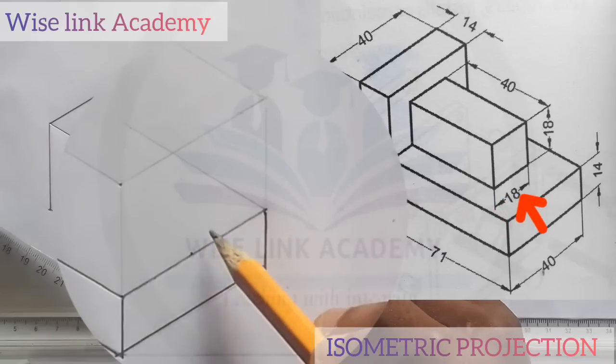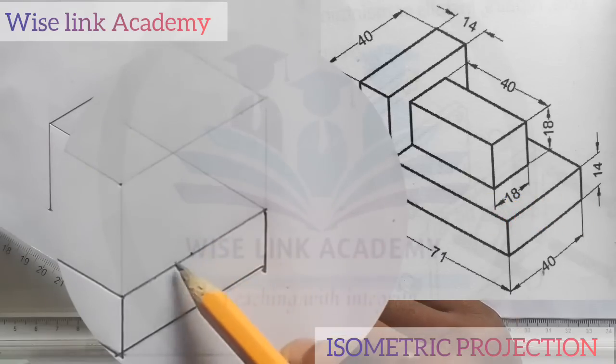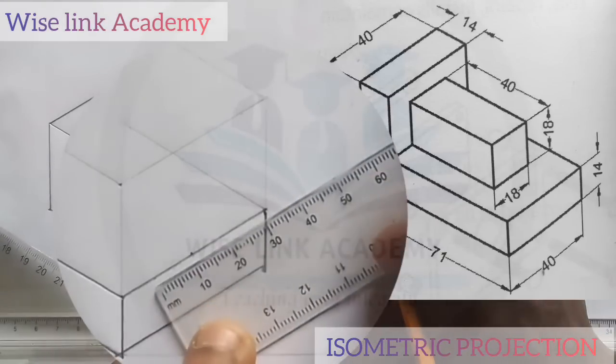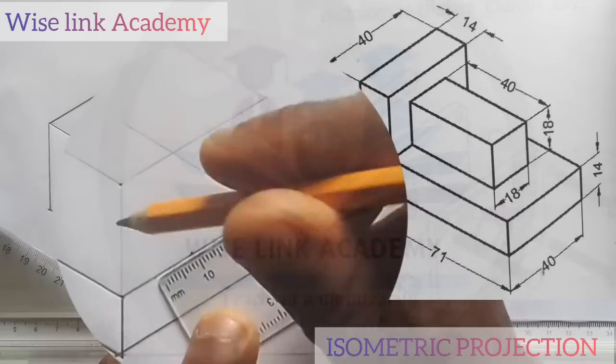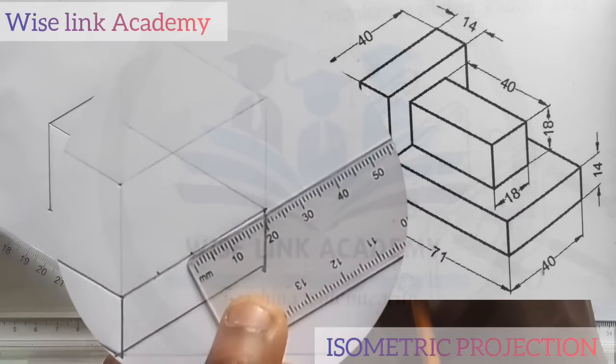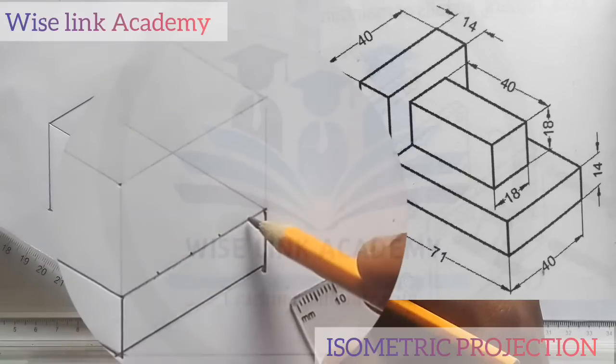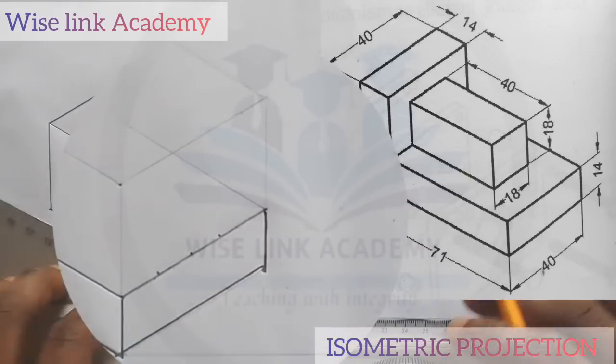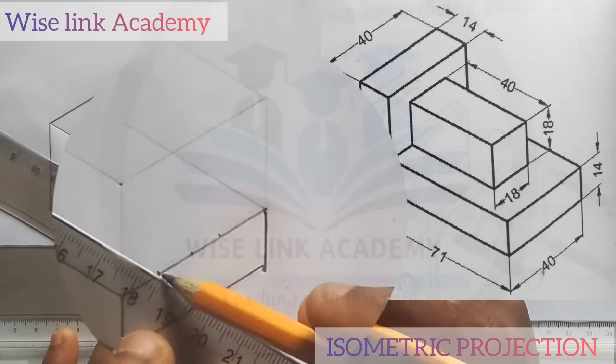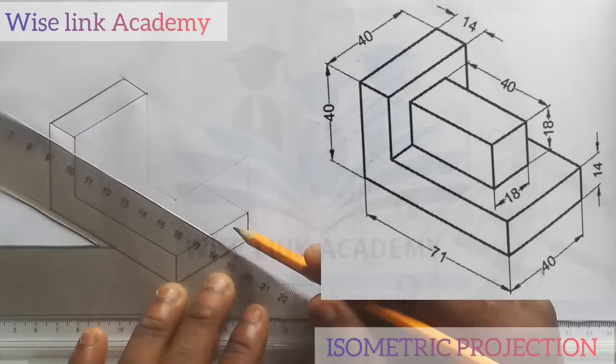So that is 9 here, 9 here to give 18. I measure 9 from here to here, and also from here to here 9, which sum up to 18. So at that point 18, I'll take this one downward, the faint line, and extend this point